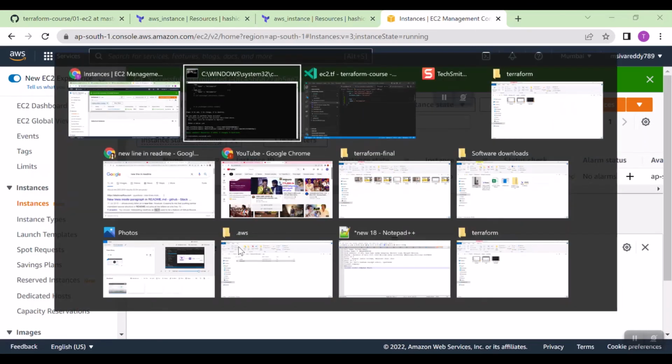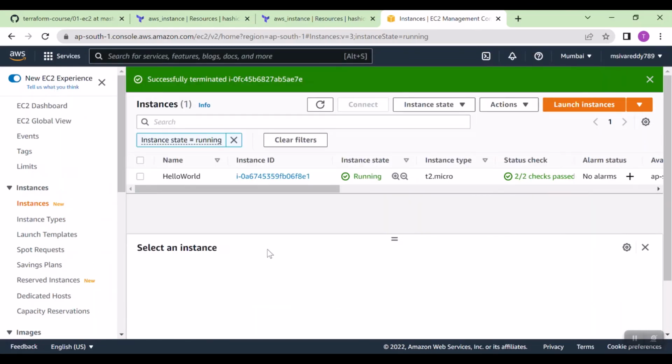So this is how you update the resources, but don't think every time it will just go and update the resource. Sometimes the change will be such that it should delete the current resource and recreate it. So there will be damage. You need to be very careful. We will see that in future sessions.